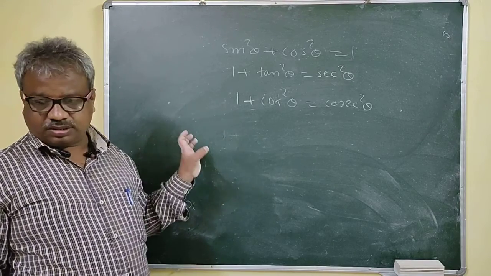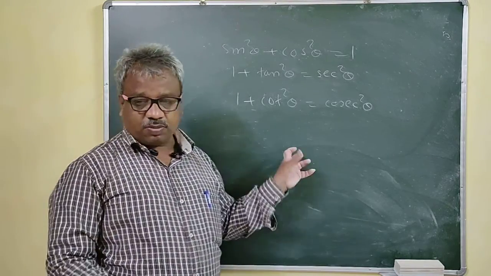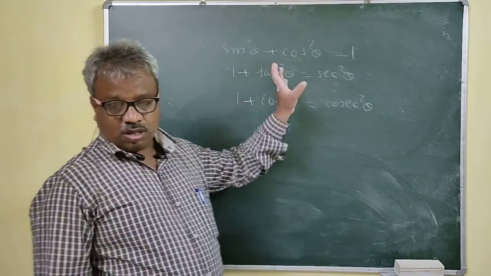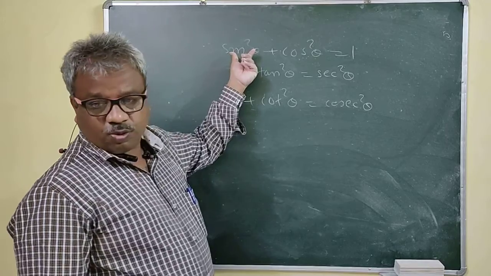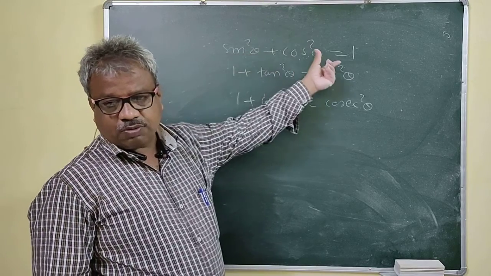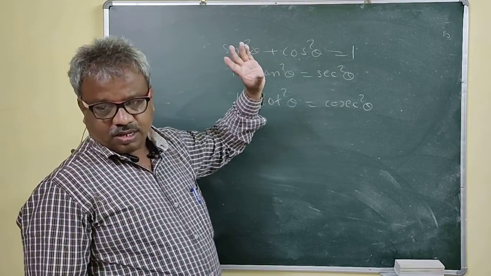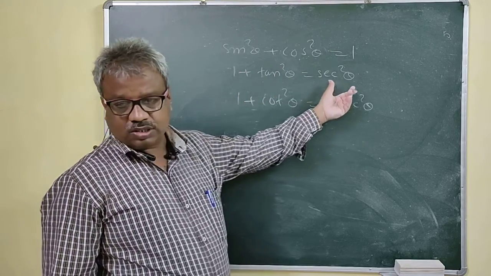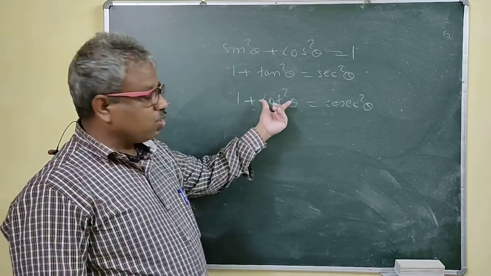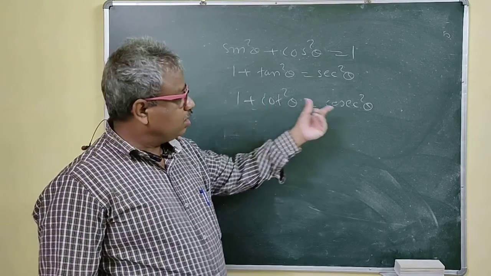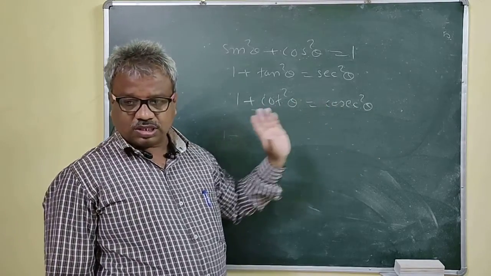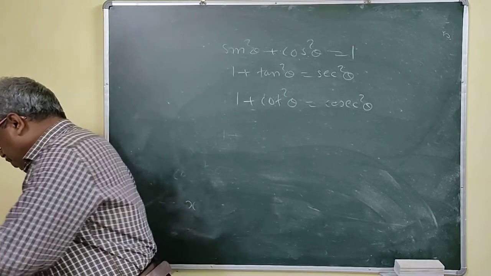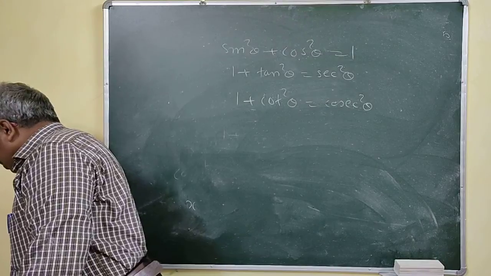You should remember this. Right? So anywhere in the problem, you have to apply this one, in both the ways. That means, if you want to put the value of sin square theta, it will be 1 minus cos square theta. Right? If you need the value of tan square theta, just put sec square theta minus 1. If you want the value of cot square theta in terms of the other, cot square theta is nothing but cosec square theta minus 1. Right? So in this way you can write these fundamental identities.